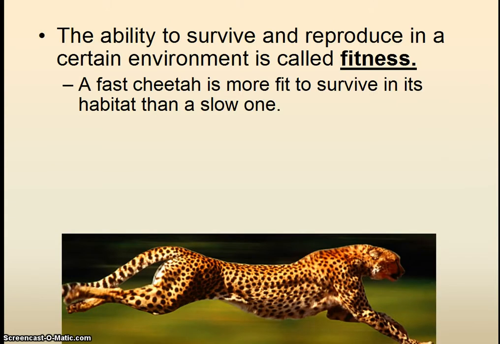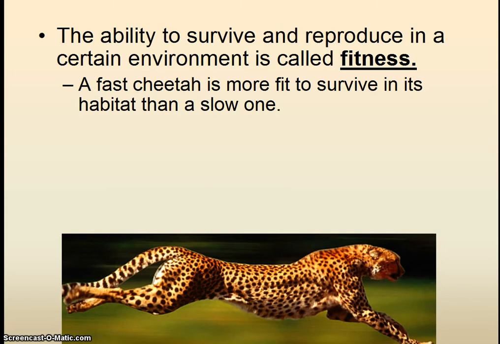So Darwin had to think to himself. He understood what would motivate humans to do artificial selection. We're choosing creatures based on just whatever appeals to us. Well, in nature, he decided that the most fit creatures would be the ones to do the surviving and would be the ones to do the reproducing. So the word fit is a shortened form of this word fitness, and that's the ability to survive and reproduce